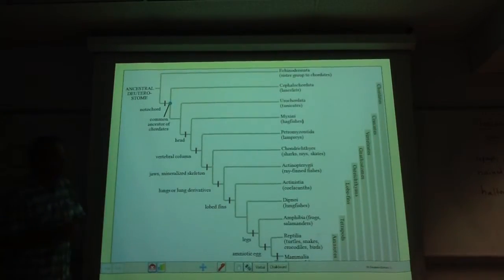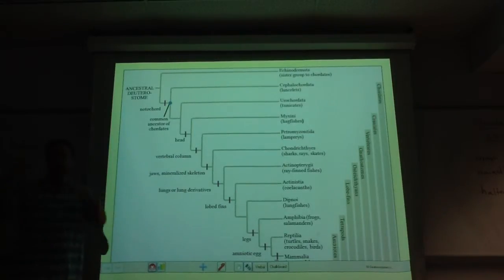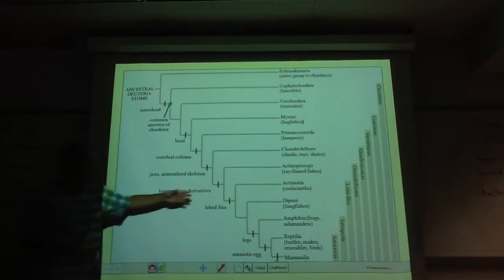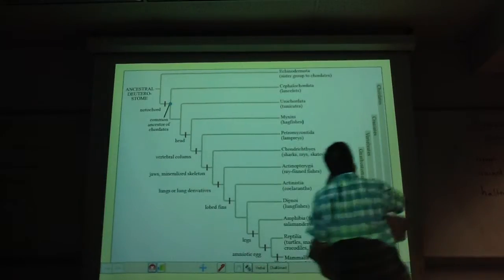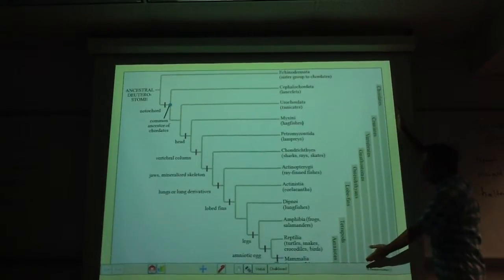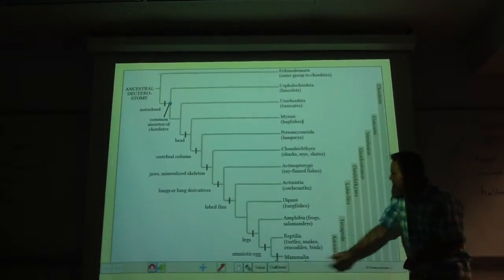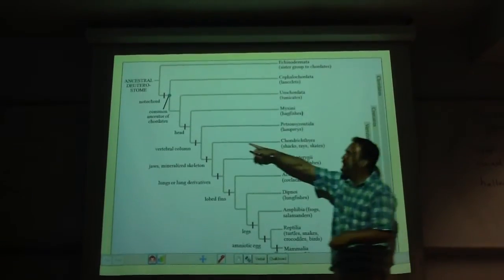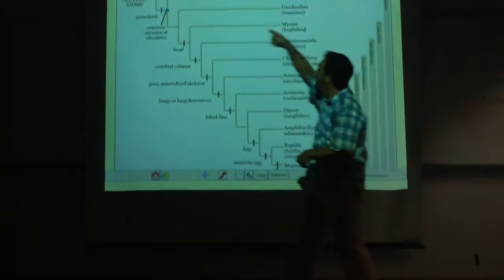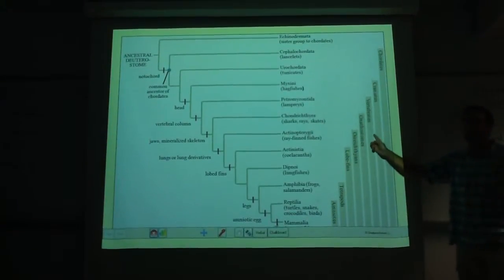So here's where we go. Those old class names like Agnatha are gone. Names like Sarcopterygia are gone. Osteichthyans is now going to be used to refer to this whole group. Notice we want all of these different names to be applied. We want to be able to talk about the entire phylum Chordata, right? But we also like to be able to talk about these guys. A head evolved right here. Nobody prior to this has a head. So we'd like to be able to talk about everybody who has a head, and we can give them a name. We can call them craniates.